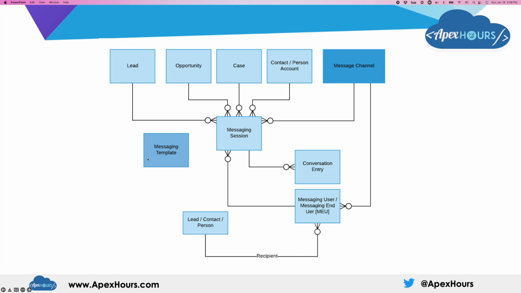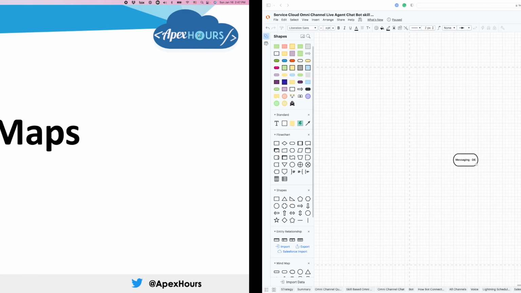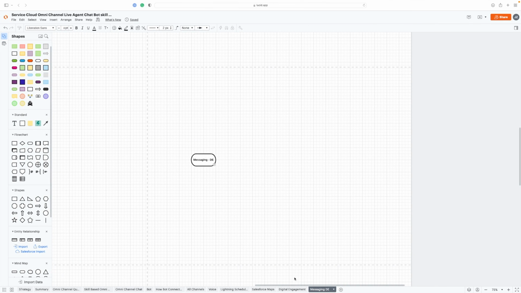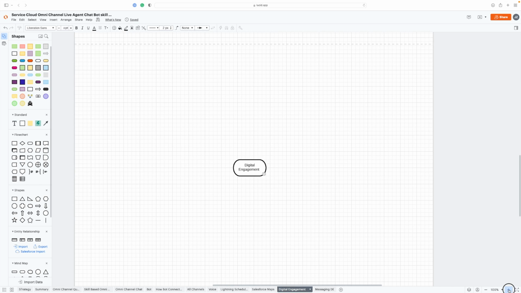Now going back, before we go on a demo, let's quickly go through the mind map. So I know in Apex Server you all have been through the various components of the Service Cloud, telephony, knowledge base and everything, but I would still like to quickly recap the Salesforce Service Cloud capability and very specifically the messaging part. So here let's go on the digital engagement first, and let me zoom it out.